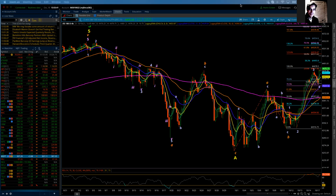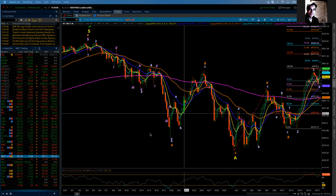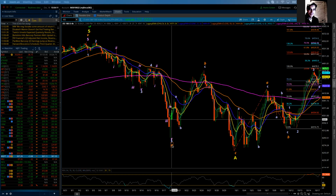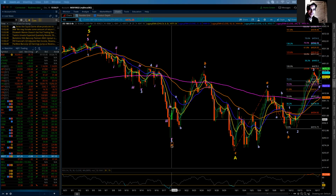The S&P did break above 4472 today. In fact, it closed above that level at 4476, after reaching an initial high for this particular move at 4479.75. That was enough to force a change in the labeling, bringing down what was initially labeled as wave A of a wave one on an intermediate level to a minor level. It has now been moved to wave A, not a minor wave one, but a minor A wave,